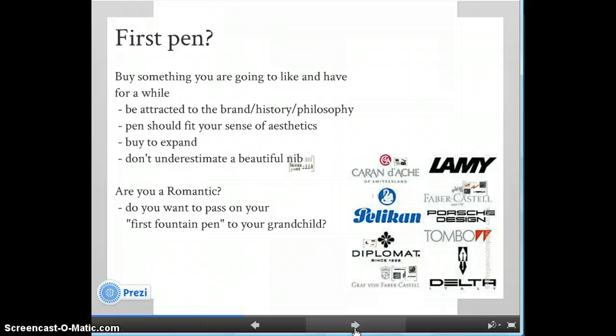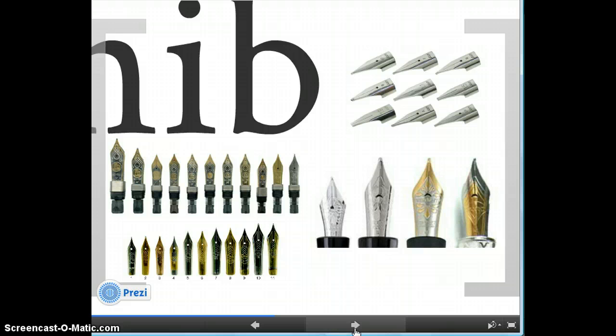And then finally, don't underestimate a beautiful nib. And finally, you have to think, are you a romantic? Do you want to pass on your first fountain pen to your grandchild? It's an odd thing to think about, but think about it. Nibs. There are all kinds of different nibs available in the